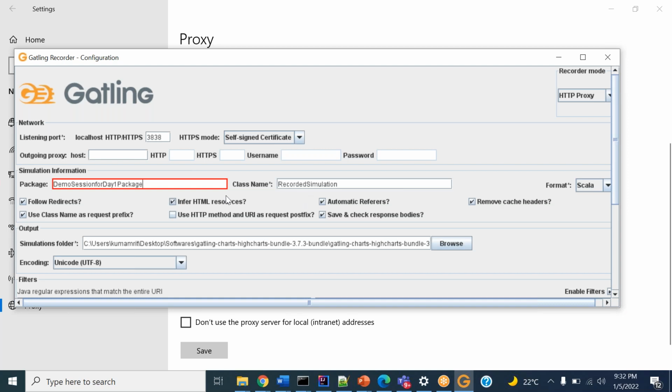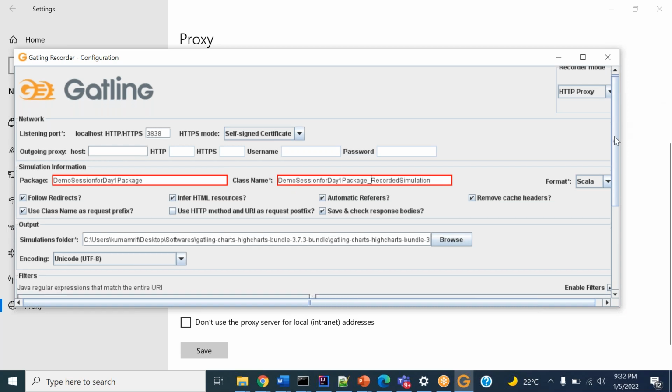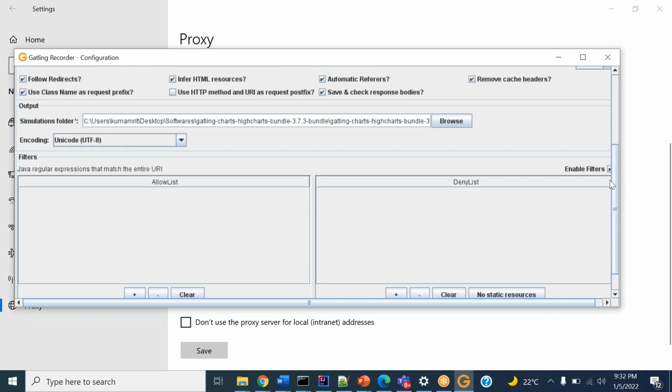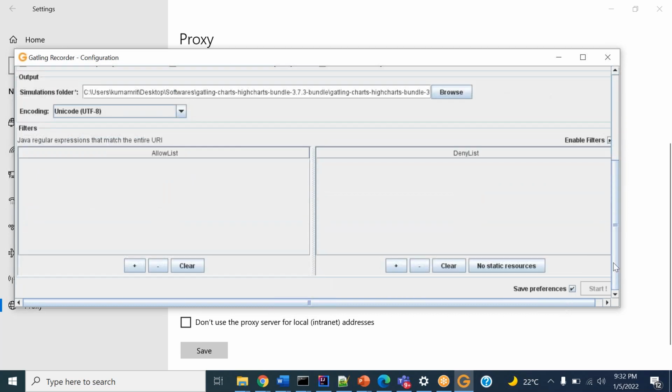Class name for the simulation we have to give, underscore recorded simulation. Simulation folder is fine. HTTP proxy preferences.